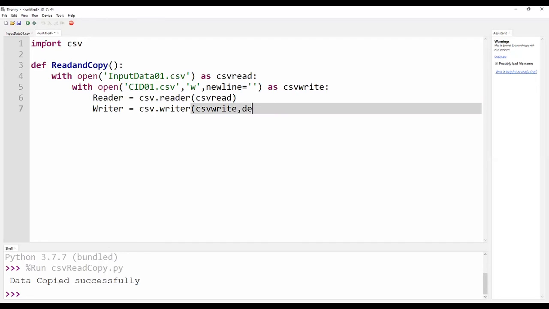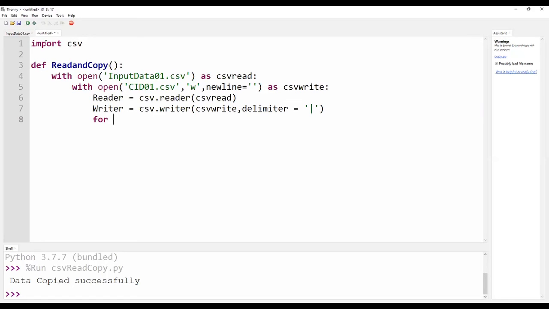Here I mention the delimiter. They are asking us to copy with a different delimiter, so I give the OR symbol.